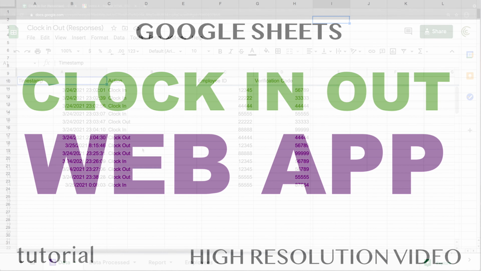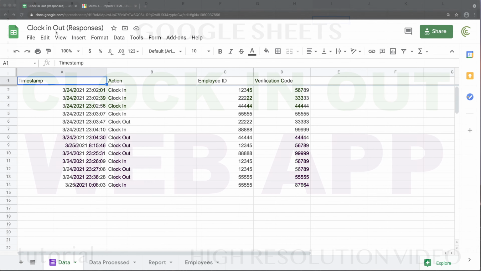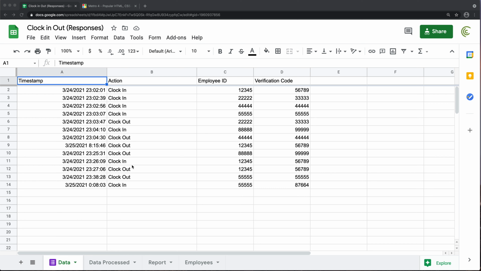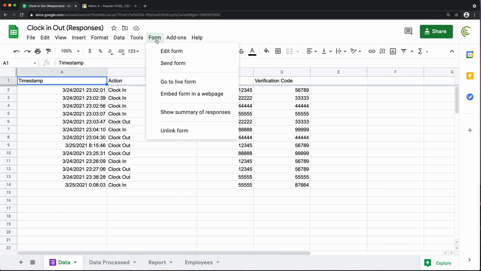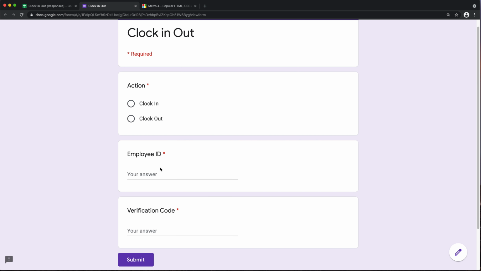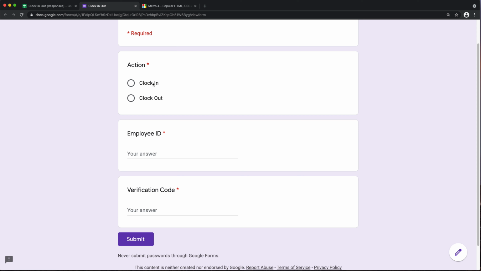All right, so in this video, we're gonna do a web app to clock in and clock out. And I'm going to basically take my other clock in and clock out video that I did with Google Forms and basically just change the form to be a web app. So if I just go to the form, currently we have this form where we can enter clock in,